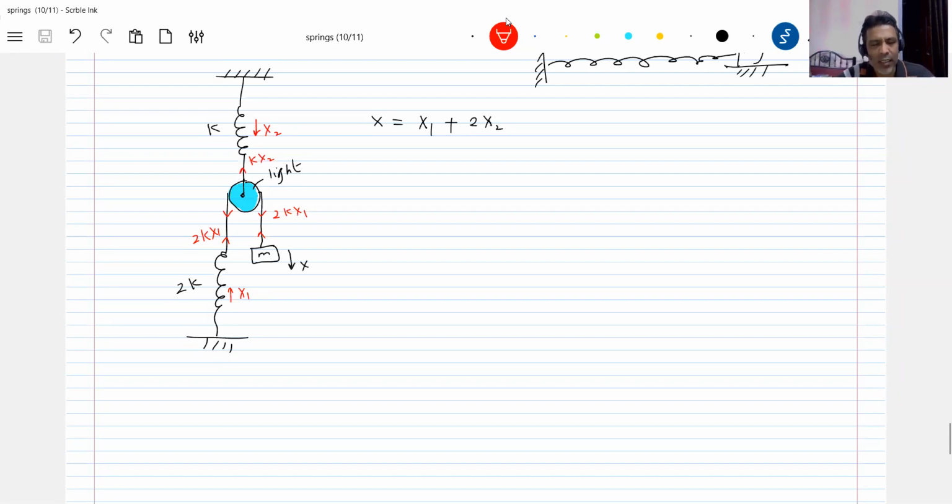The spring is elongated, so what spring force will act? Yes, it should be like this. 2k, because everything is a spring. This spring is elongated, so shall I write like this? Now, those who are getting confused about how to show forces, I'm showing in detail. Why, sir, are you showing like this? Is it justified? What is the state of both the springs? Both the springs got elongated, so we write the forces accordingly.